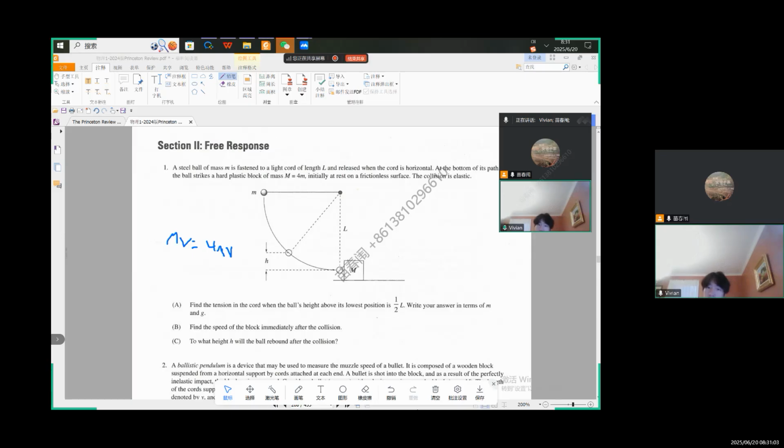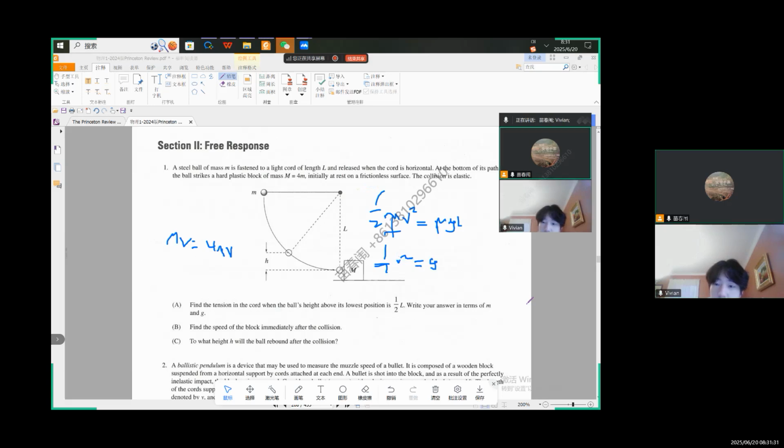And then at v here, 1/2 v squared equals mgl. We get rid of m, so v equals